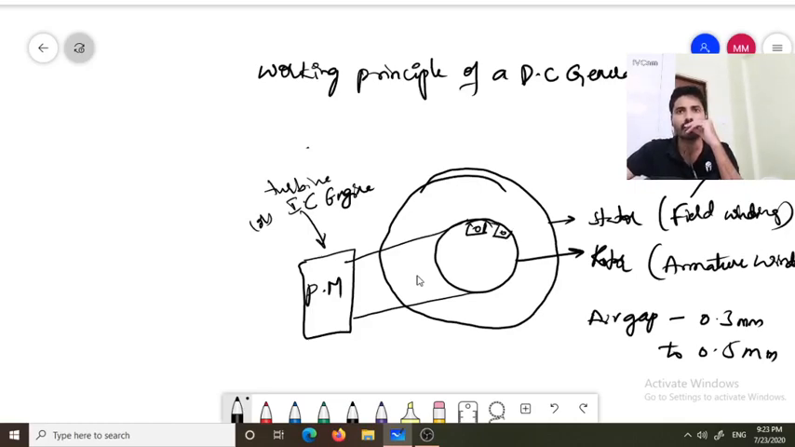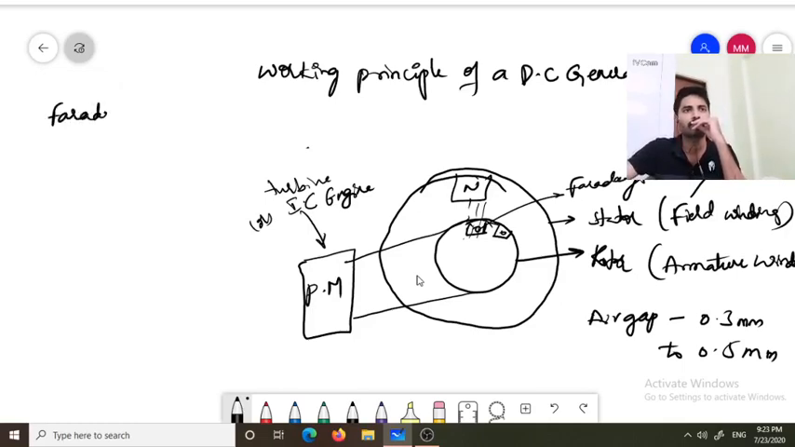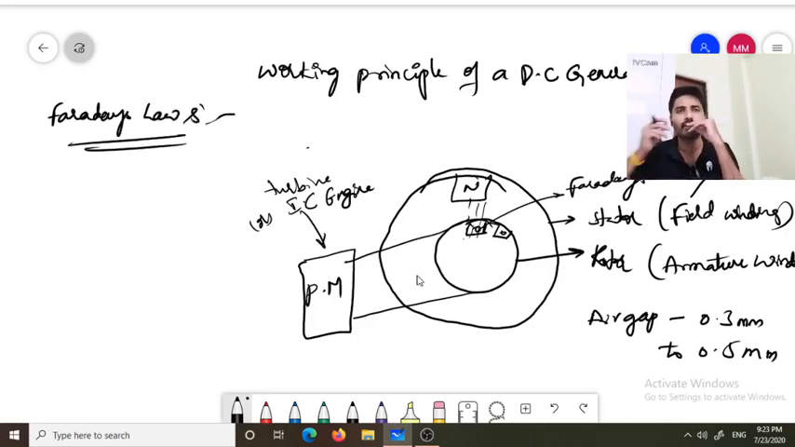Whenever the flux links with the rotating armature conductors, according to Faraday's laws of electromagnetic induction, what has Faraday said? We'll see about Faraday's first law. What Faraday's first law tells us is that whenever